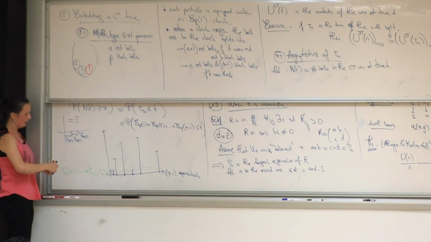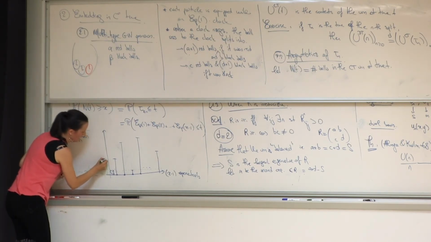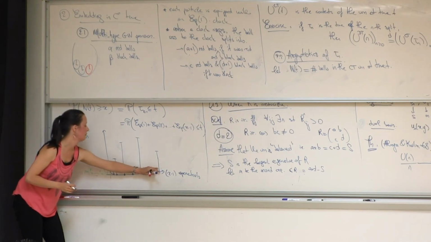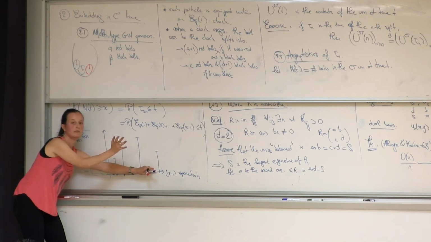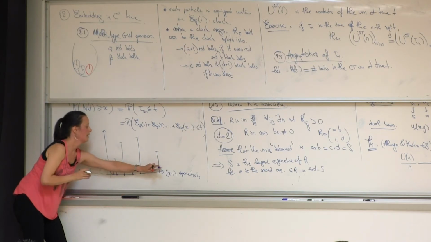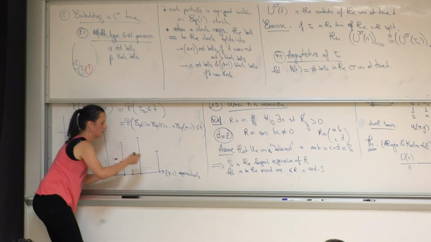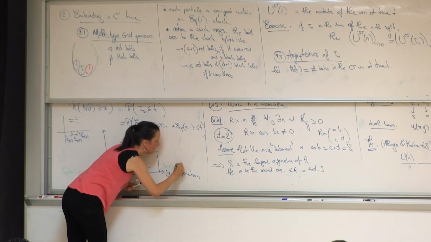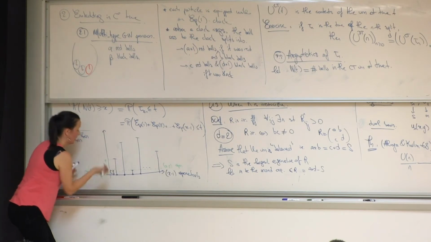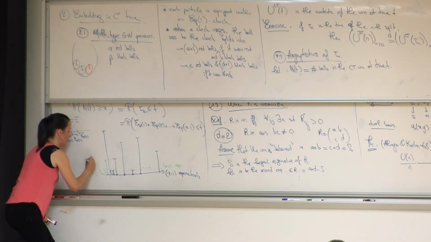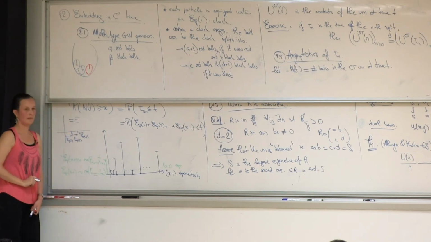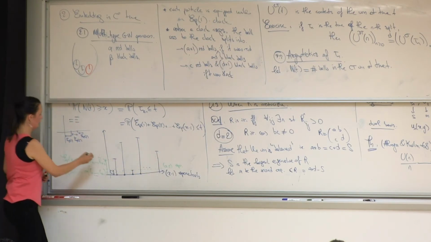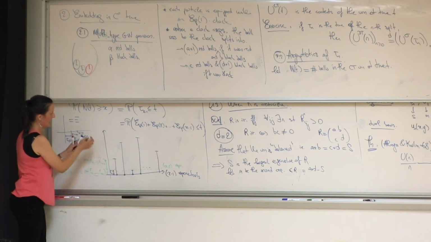Now I wait for the second one. By the lack of memory of the exponential distribution, I know that I can completely forget what happened before. And what I have now running is x minus 2 exponentials, right? Because one of them is gone. Now I look what happens here. I have x minus 2 exponentials. Okay, I look at the first one, the minimum. This is the minimum of E1 tilde up to E theta x minus 2. This is exponential x minus 2. And then I do that again. So you see me coming, I'm going to do that. And here I'm going to build up these little intervals. And at the end,